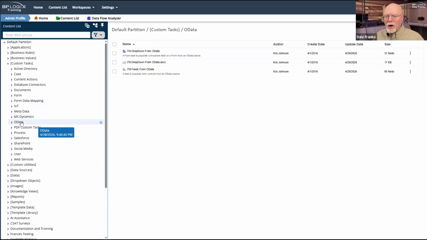There is a company called CData, and CData purchased the intellectual rights, the copyright, I suppose, for OData connectors.